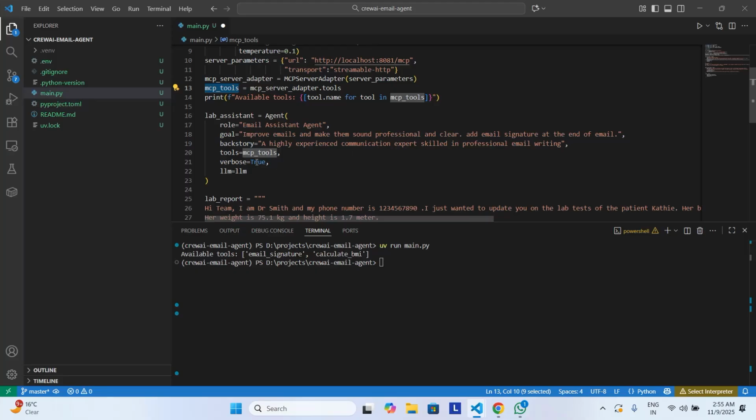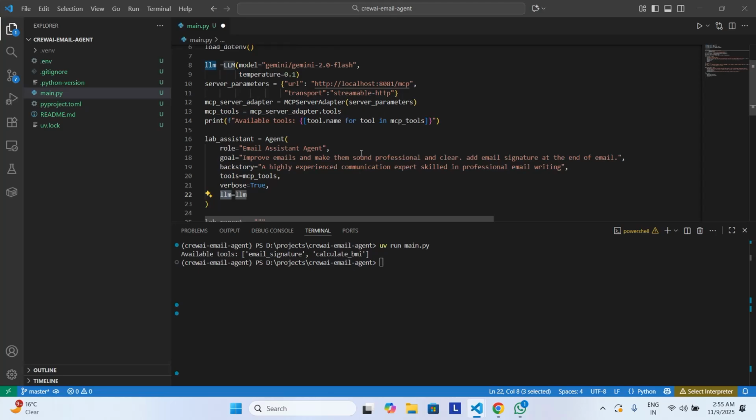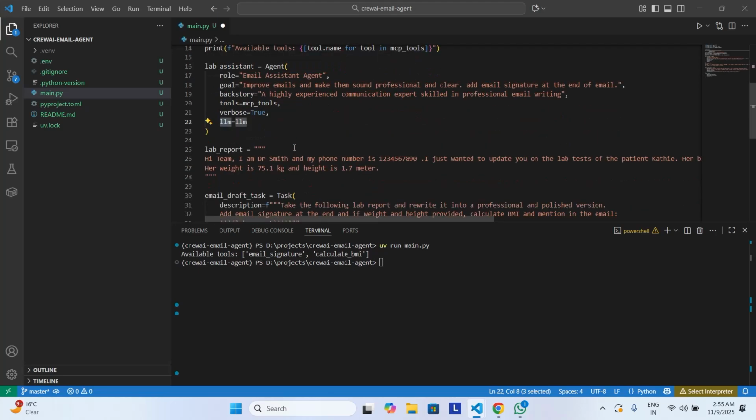And if you want the verbose, like all the traces to show, you can make it true. And we are providing the LLM as well, whichever LLM we are using, stored in the LLM variable. So this is for the agent. Then we